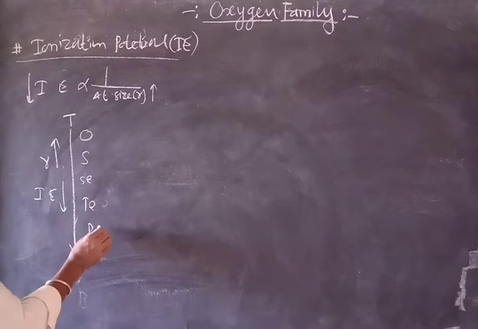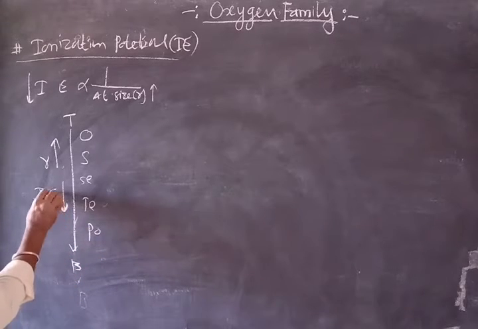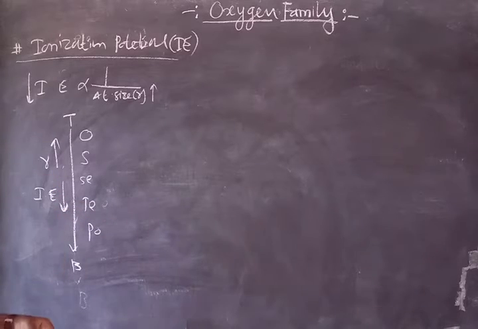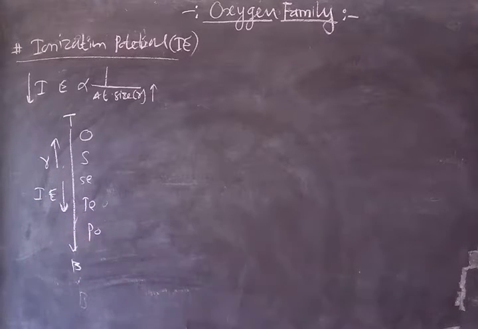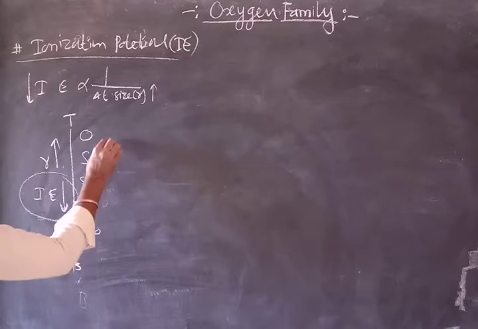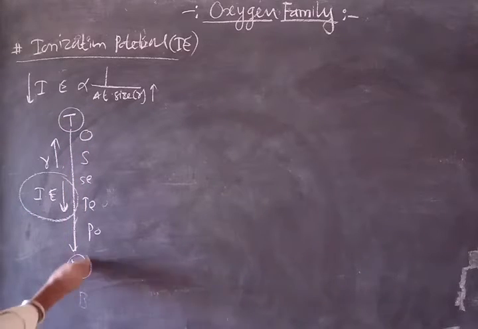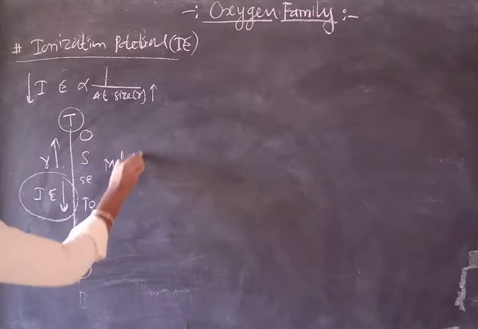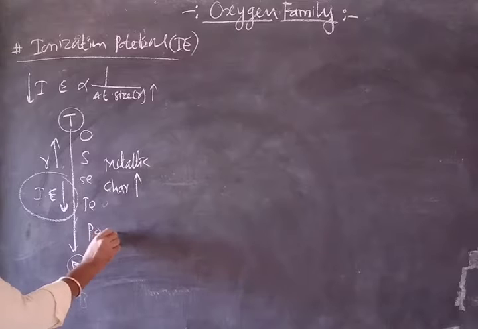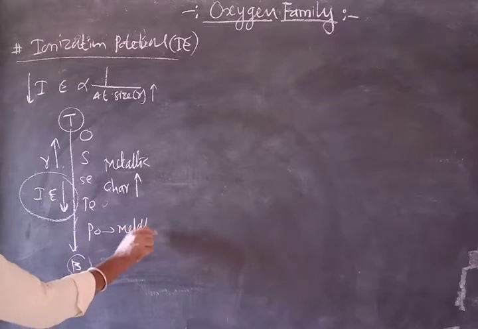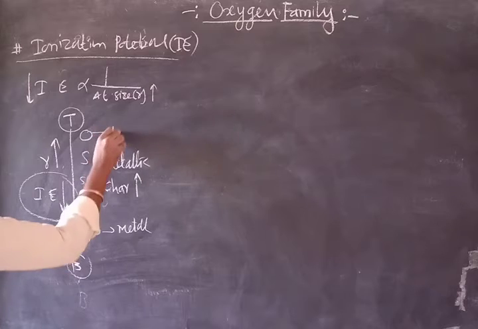So with the help of this, as their ionization energy decreases, the tendency to remove electrons increases, because minimum heat is required to remove electrons in polonium. So as the ionization energy decreases, we can simply consider here top to bottom their metallic character also increases. That's why polonium is the one metal which is of radioactive nature, and oxygen is the non-metal.